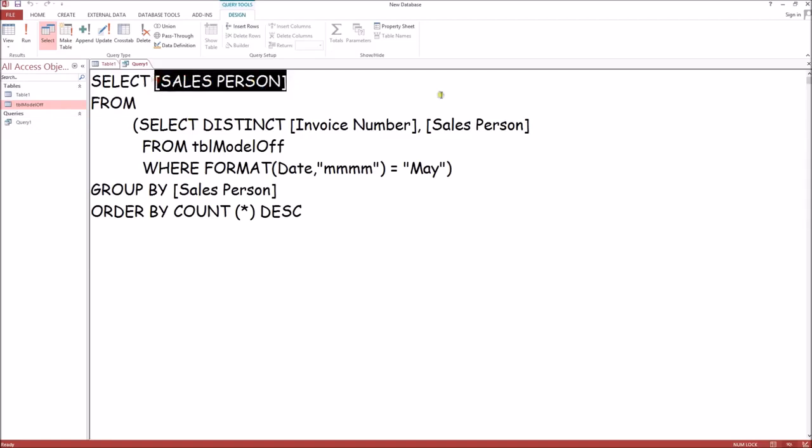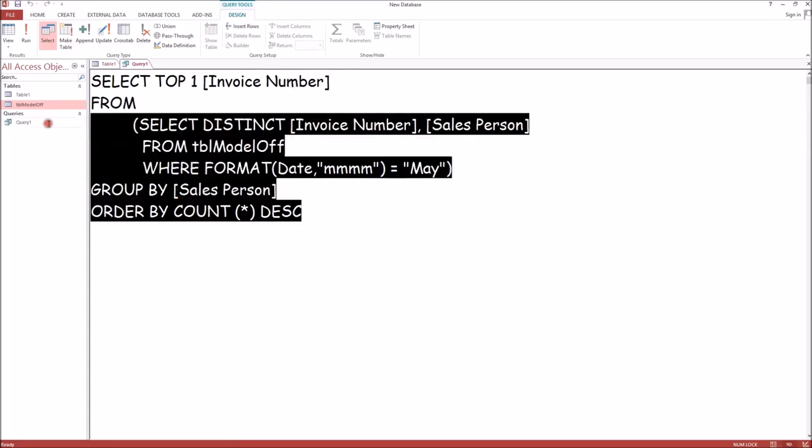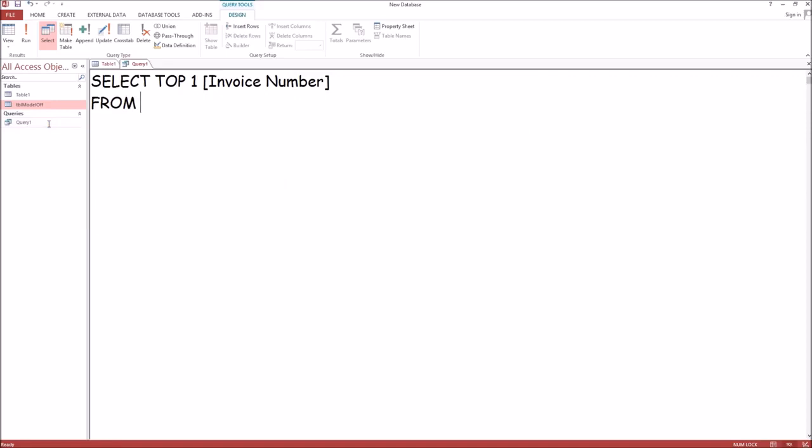Since we're asked to identify only one record, let's use top one invoice number from our table where salesperson is like Wendell, wildcard,